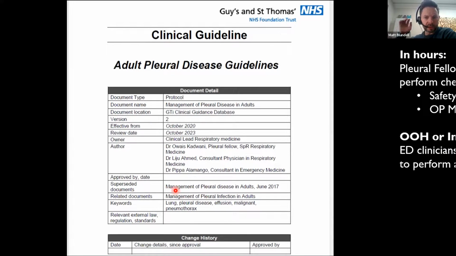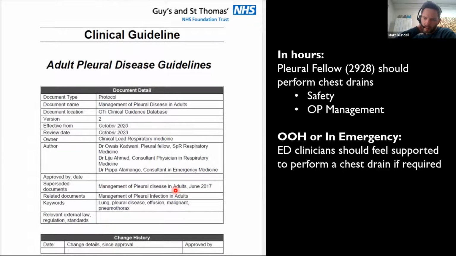we'll start with pneumothoraces. So they advised that in hours, all pneumothoraces should be dealt with by pleural fellows. And this is based on a national patient safety alert as well, and a review of our practices. So it makes sense from a safety point of view. If I had a pneumothorax and I needed a chest drain, I'd probably want a pleural fellow who's doing this day in, day out, rather than one of us who probably does a chest drain once every 3 to 6 months, if that. And the pleural fellows can also place a pneumostat one-way valve, so you can actually be managed